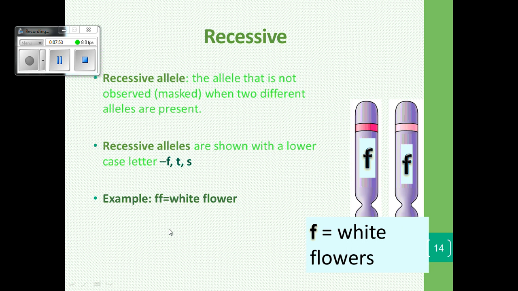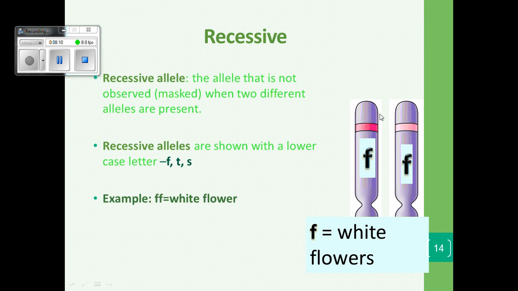The recessive is the allele that's masked, right? It's not observed when two different alleles are present. So we represent that with a lowercase letter. In order to actually show the recessive trait, both of the alleles must be recessive, because if one of these,